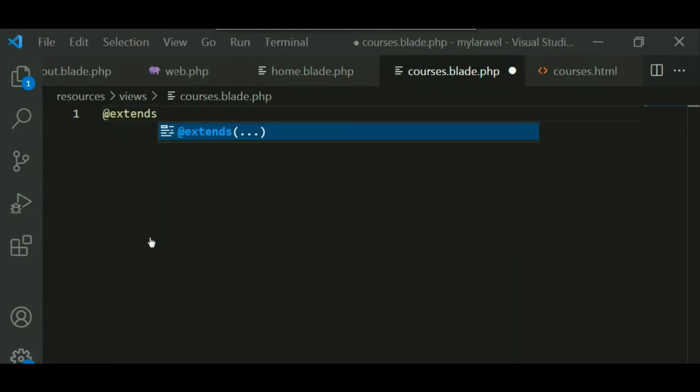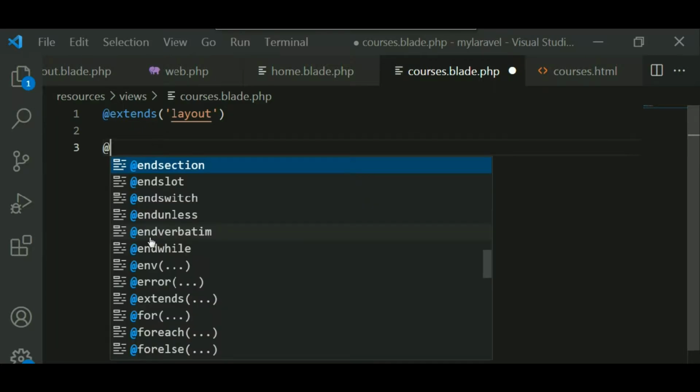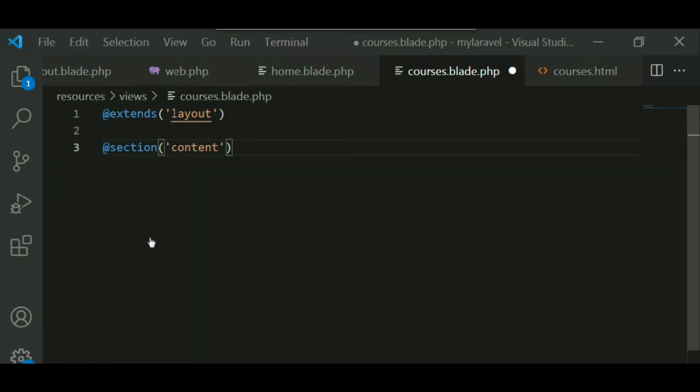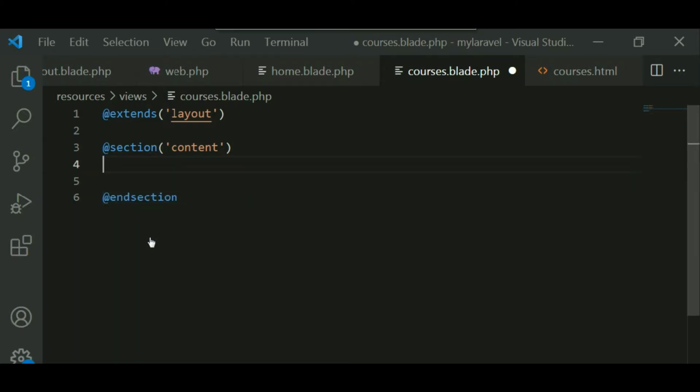Extends means I'm just going to use the layout file for my course page, and the content section for the content of the page. Start the content and end the content. So here in this particular section, you just write down the layout or content of the page.